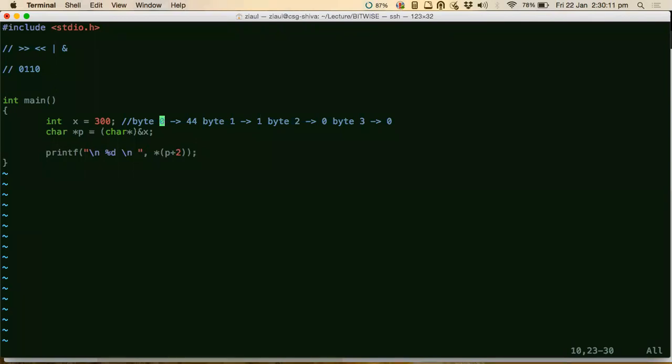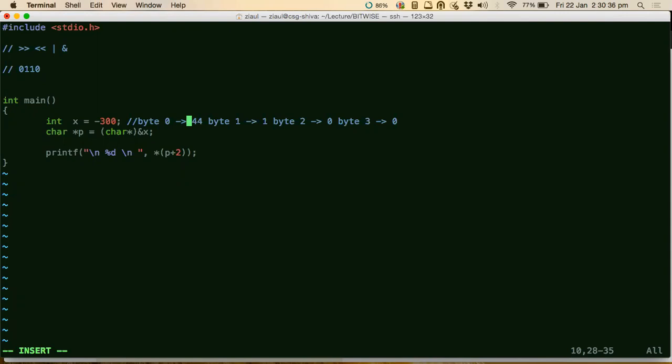Before that, Shavak is asking, if x is -300, then what does it mean? It doesn't change anything actually. If you put -300, then there would be some other representation of x in the bytes. Negative values are stored in some other representation called 2's complement representation.